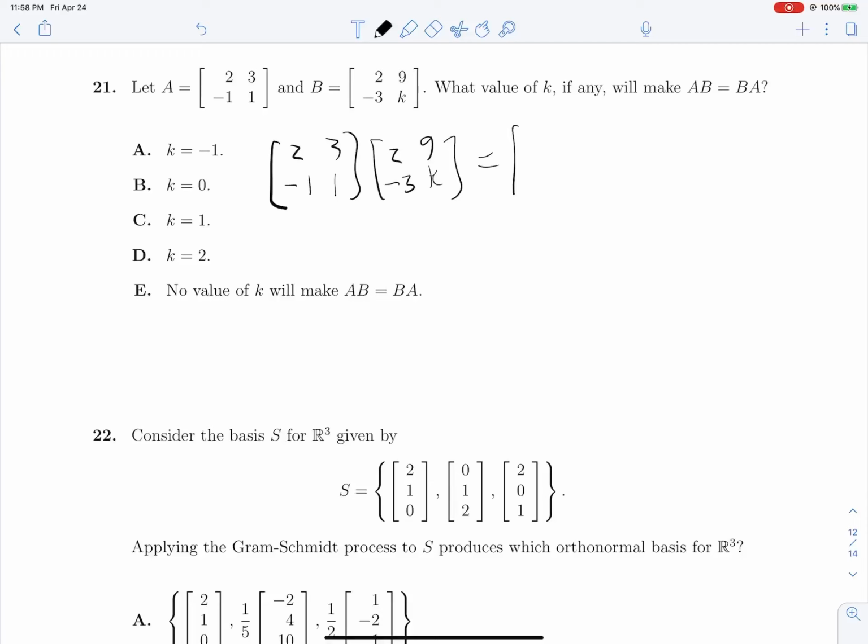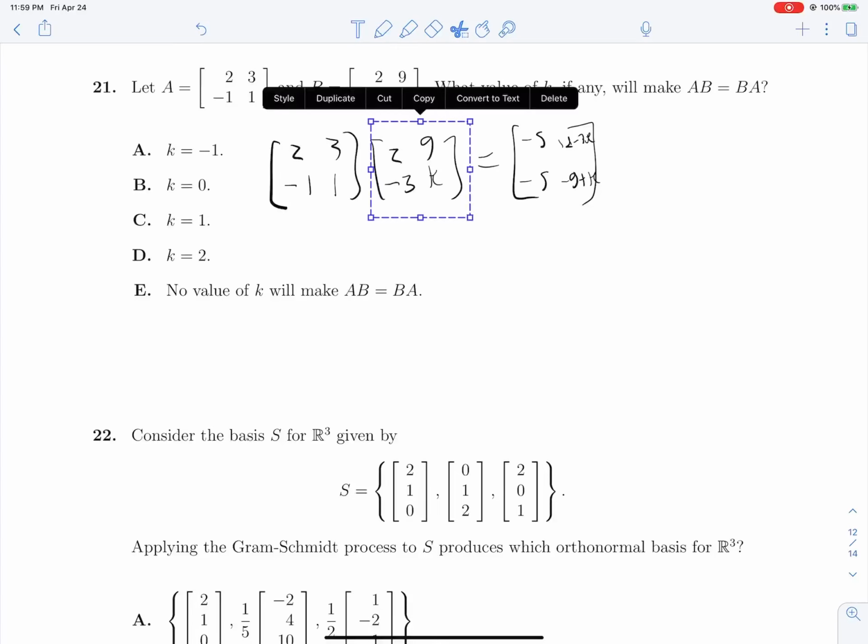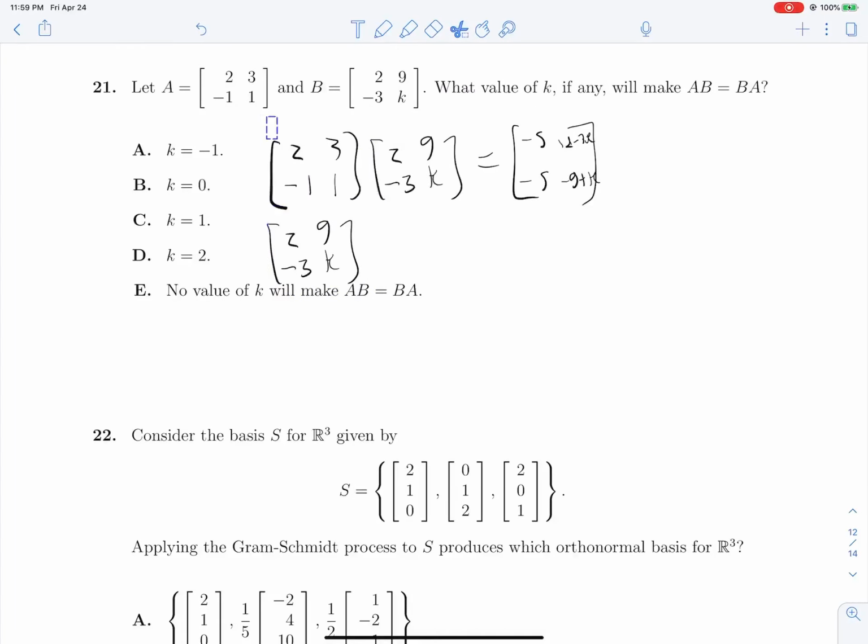We'll get a 2 by 2 matrix here. 4 minus 9 is -5, -5, 18 minus 3k, -9 plus k. Okay, and then we'll multiply these in the other order, and we should be able to just directly solve for the values of k